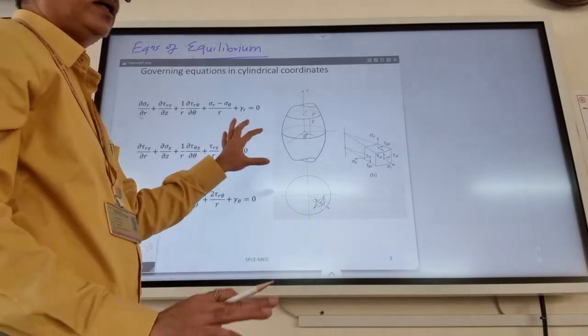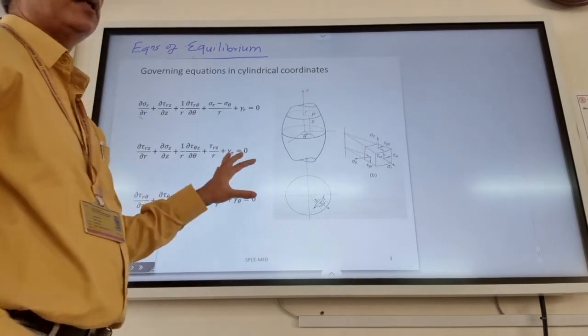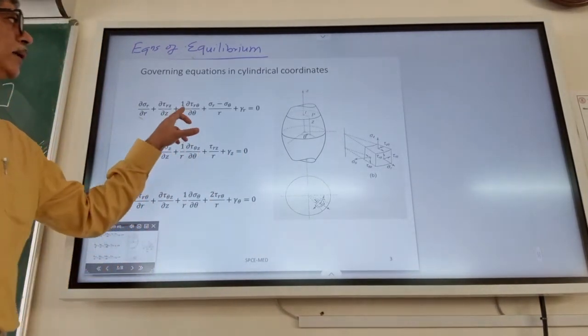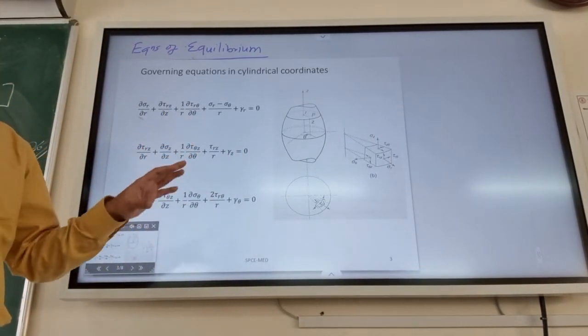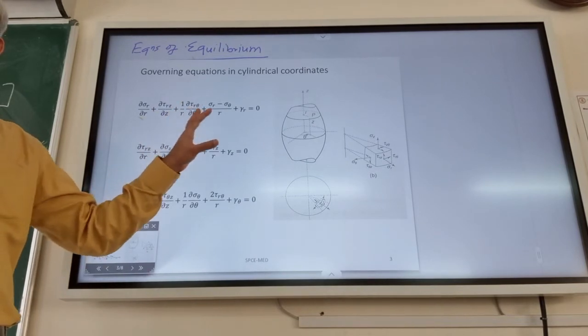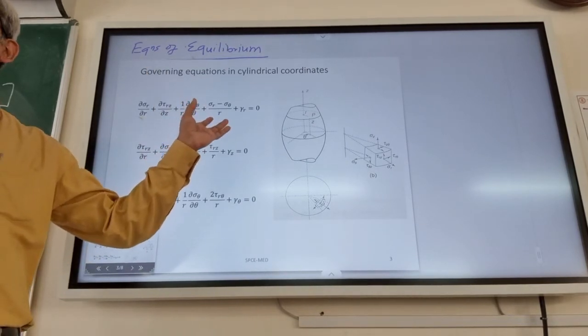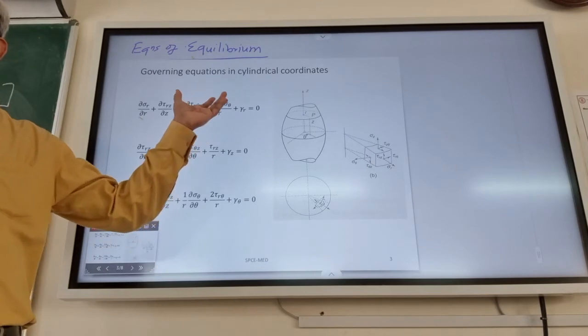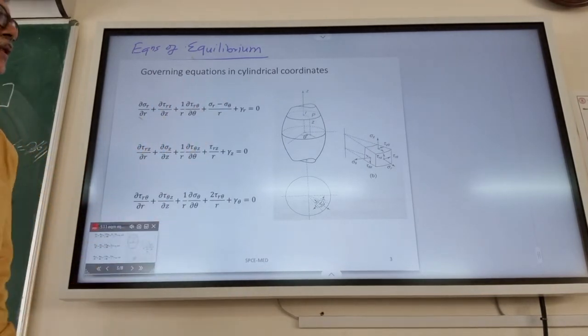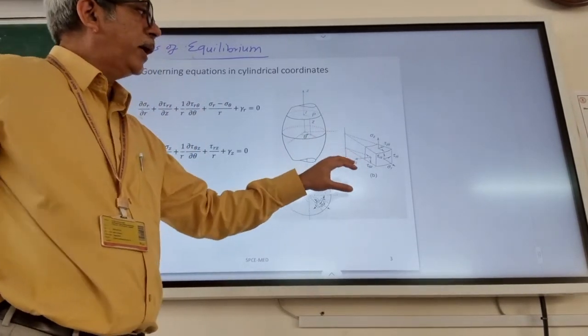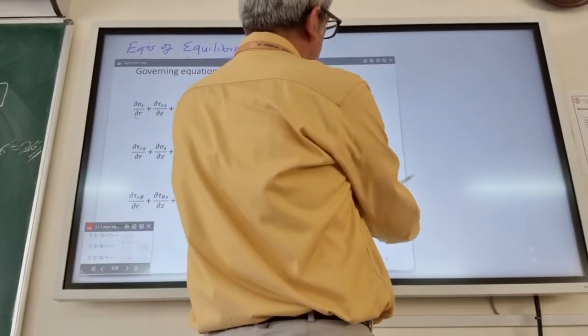So what it essentially means is that the way the stresses are represented here, the convention is the same as that which we followed in the Cartesian coordinate system. So the element which is shown here,